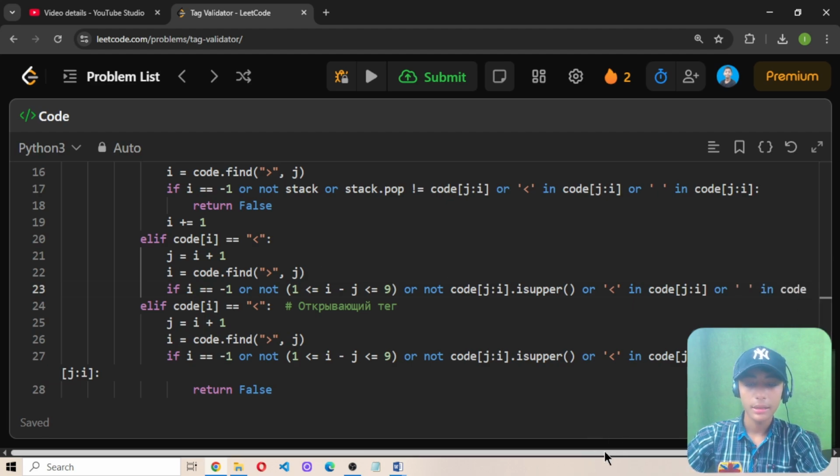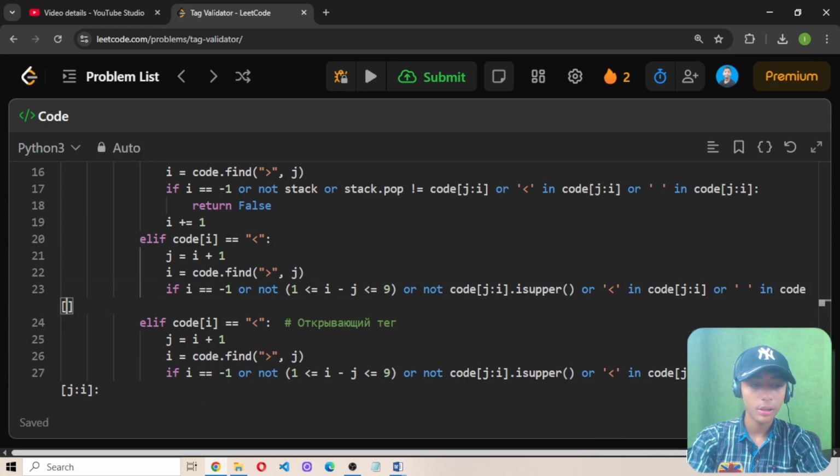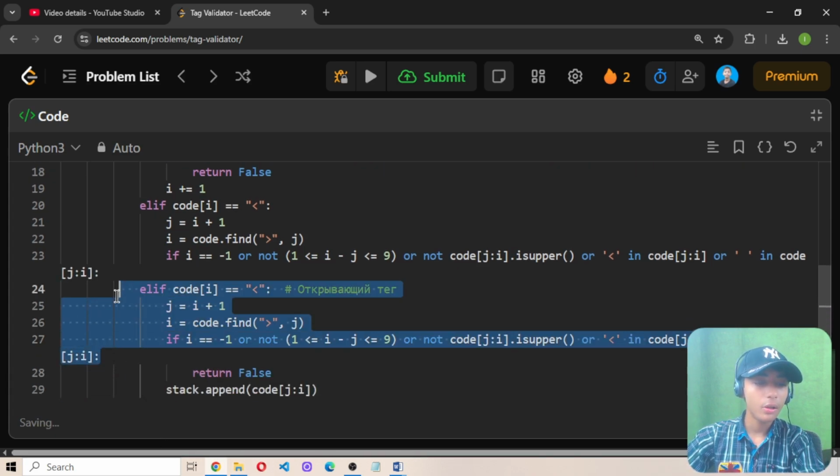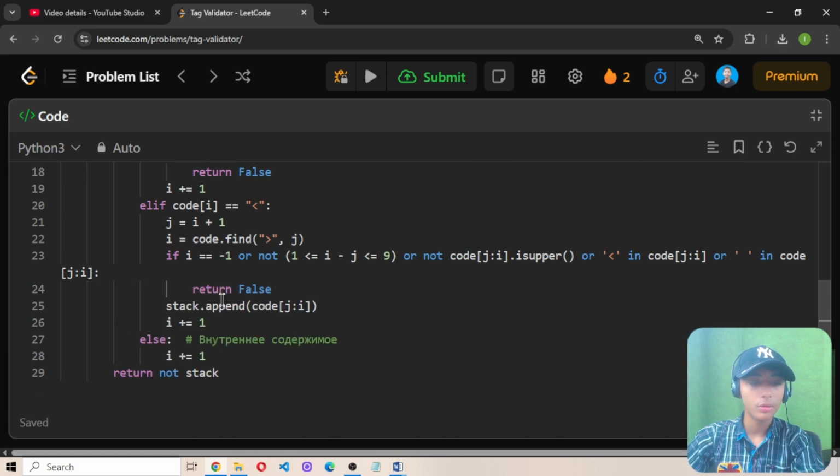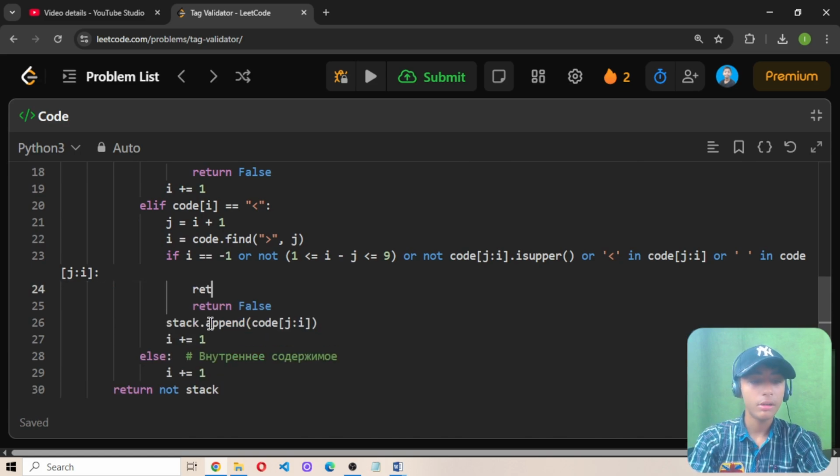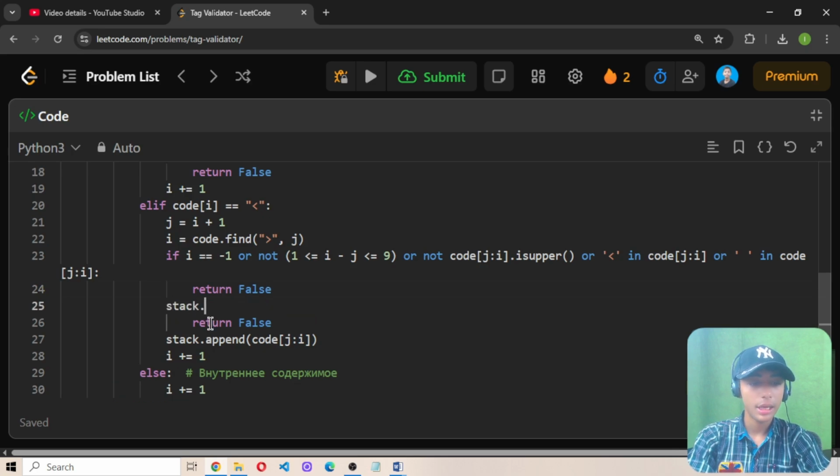Perfect. And then we write here, now when we write this, so define square bracket j this I, then semicolon. Perfect. Now we have written about all the codes. So now there are a little bit of codes left. So let's write it: return false, and then here we define stack.append, then code square bracket j semicolon